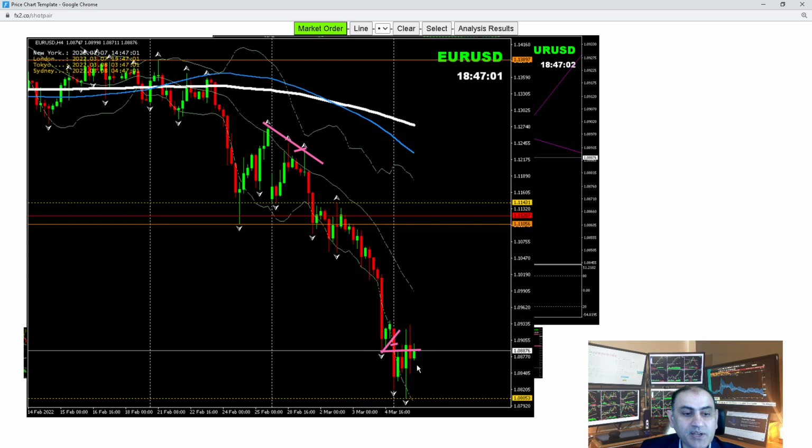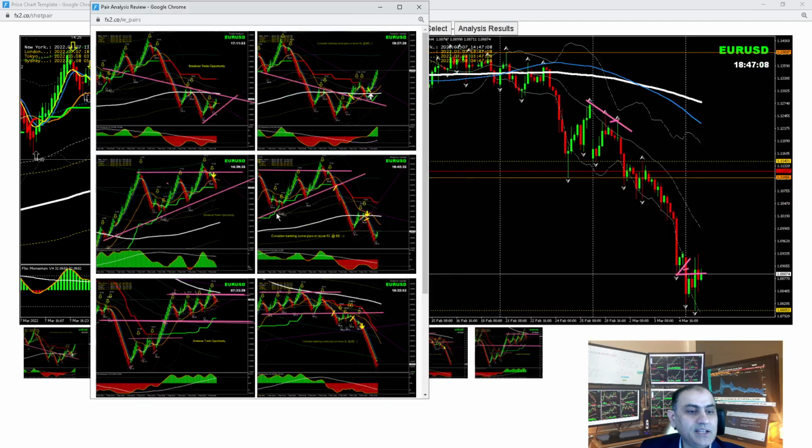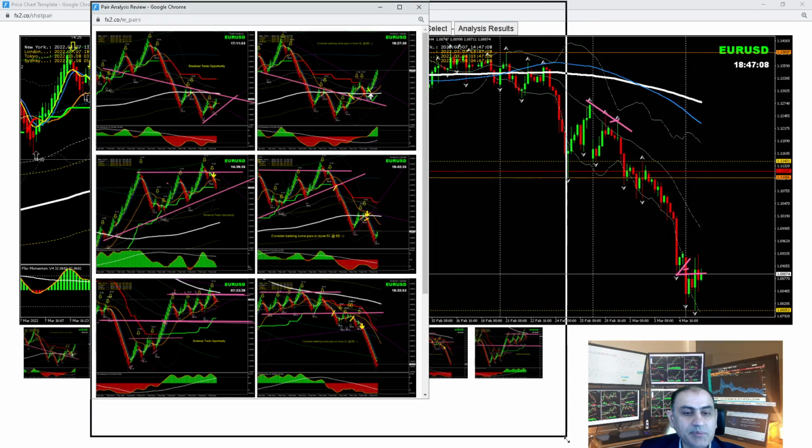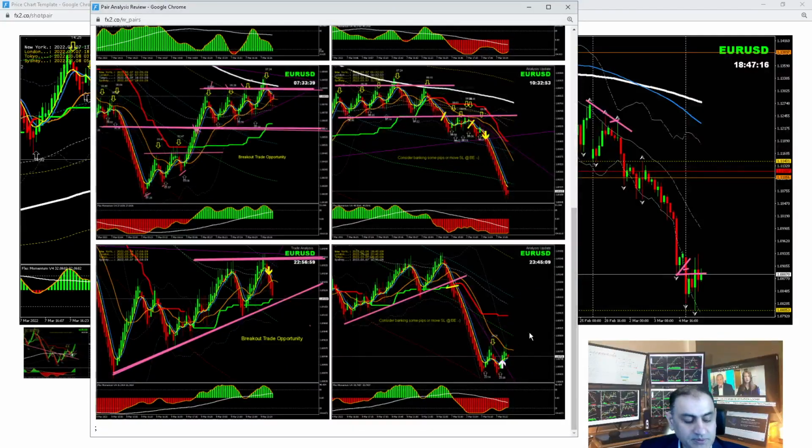After the breakout, we have a couple of pullbacks. Let me share with you guys how I analyze the entries and exit in intraday. If you look at the intraday analysis, and let me make it bigger. Okay, so you can see here, after the market open, I explained to my trader, look for this breakout. As you can see here, based on the 4 hour, we had a beautiful breakout short trade